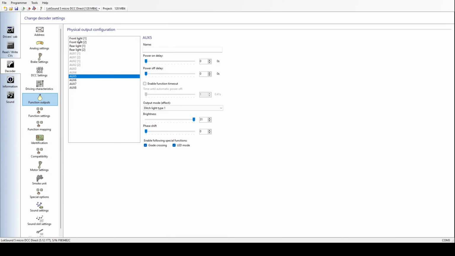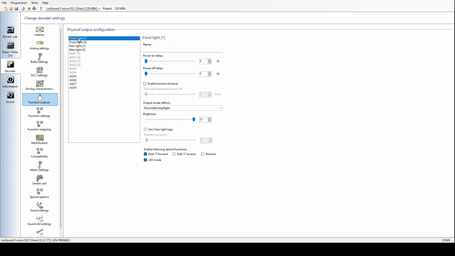From this page, when you saw my two units, there's two different types of headlights that you have available to you. There's a dimmable headlight, and then there's a dimmable fade in and out headlight. And what this means by dimmable is you have the function capability of running the dimmer. And if you only have a headlight and taillight on your unit, that's really all you need to achieve